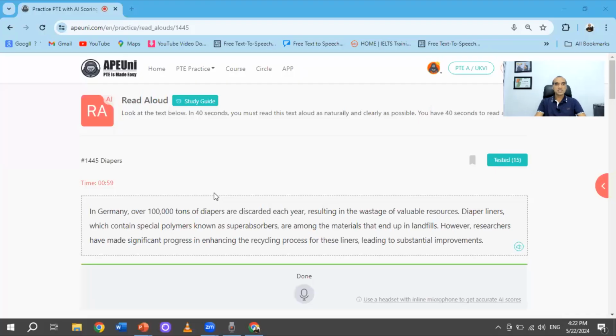For example, here's a task that is in front of us. So what I would do is, when there is a preparation time, I would just quickly read it aloud like this. In Germany, over 100,000 tons of diapers are discarded. Let's say I'm getting stuck at discarded, so I would just read it aloud, discarded, for myself,